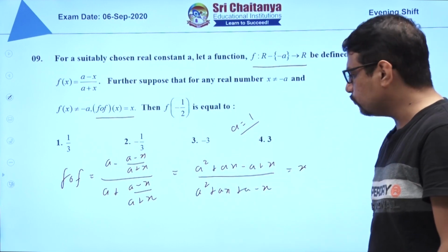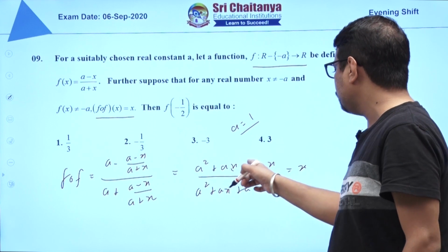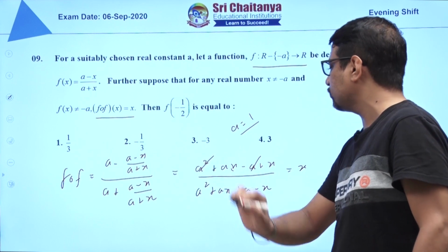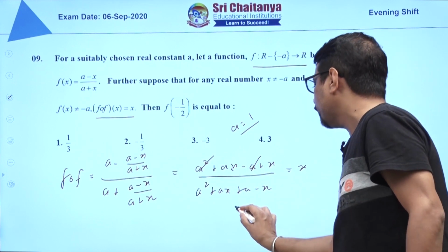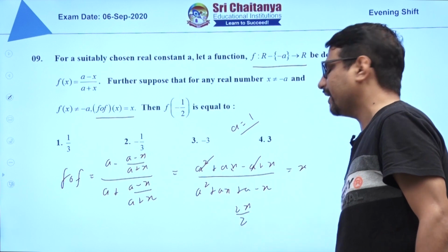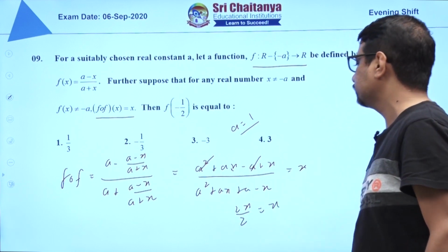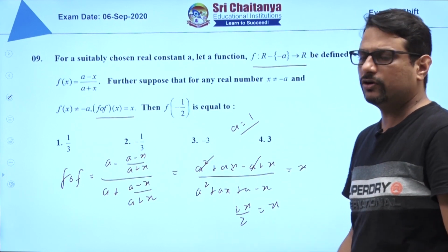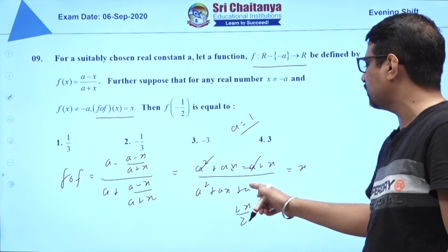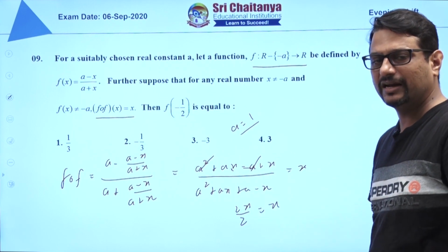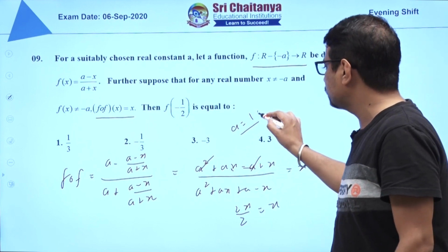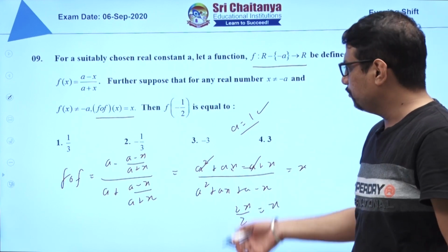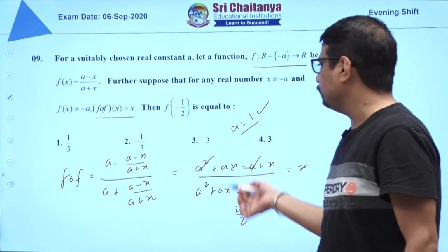if you simply put a equals to 1, what do you get? 1 plus 1 minus 1 plus x. Sorry, 1 plus x minus 1 plus x. So it will cancel. When you put a equals to 1, this will cancel and you will get x plus x, which is 2x, divided by, here also x will cancel, 2 will come, so you will get x. That means a equals to 1 is satisfying. If you want, you can put other values also. A equals to 0 will not satisfy. If you put a equals to 0, first 3 terms here and here are 0, so you will get x upon minus x, which is minus 1. Minus 1 is not equal to x, but a equals to 1 is satisfying. So best method is this. Otherwise you can cross multiply and attempt. That will also give us our answer. Mains exam, less time, to save time, you can always use this.